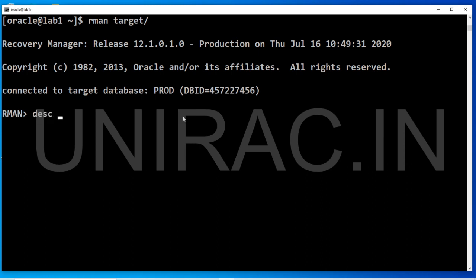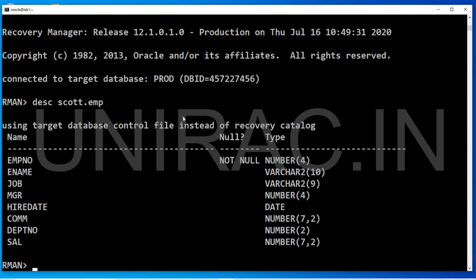I have a table from scott.emp. I can describe the table using describe scott.emp. You can see the table structure, so we can describe even table structure.